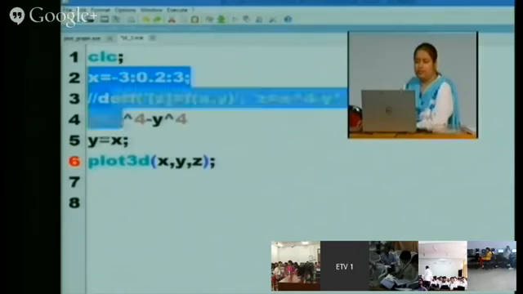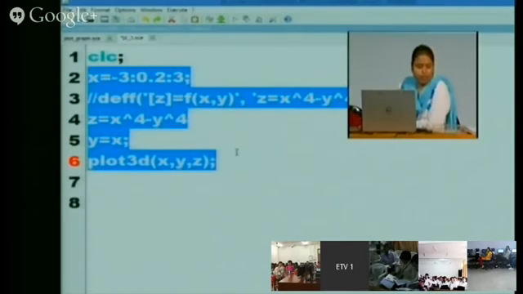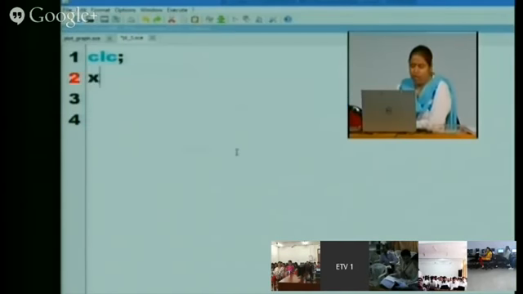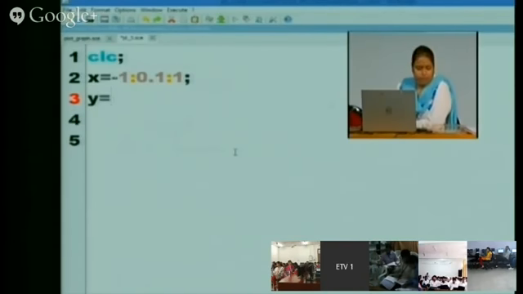So next we will be starting with the mesh plots. x is equal to -1 to 0.1 to 1. Similarly, declaring y is equal to -1 to 0.1 to 1. Then x comma y.